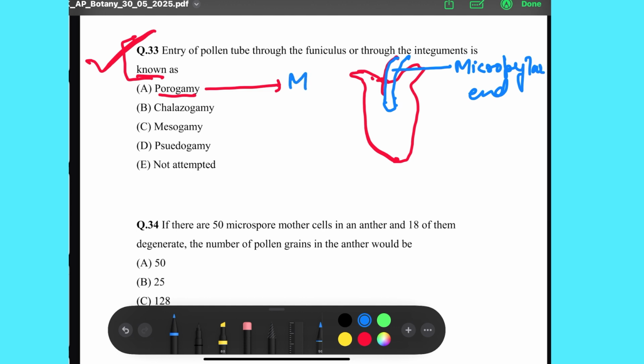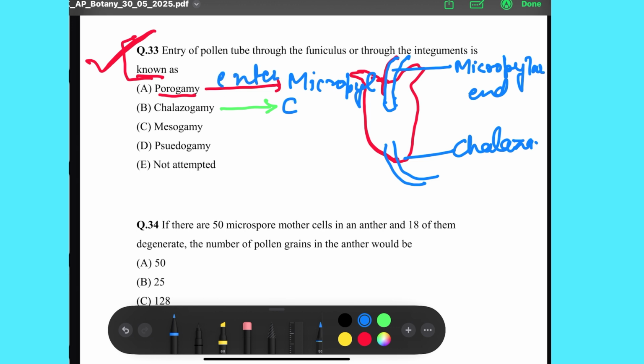Next is chalazogamy. When the pollen tube enters through the chalaza, here, if it is the chalaza part, then we call it chalazogamy. Porogamy, when entering through the micropyle. Okay, कहाँ से एंट्री हो रही है? माइक्रोपाइल से. And chalazogamy through the chalaza,